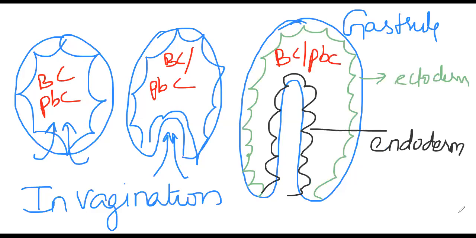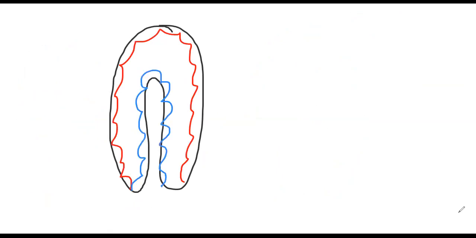There is another layer that needs to form. That layer is the mesoderm, which is formed from here. So that area we need to name. But before we go on, let me show you the gastrula clearly. Let me say once again, this is the gastrula stage. And we said the outer layer is ectoderm and the inner layer is endoderm. Let me label the outer layer ectoderm, inner layer endoderm.